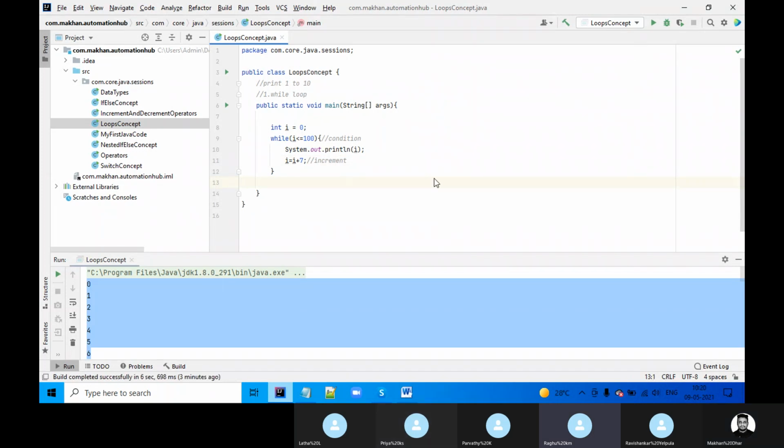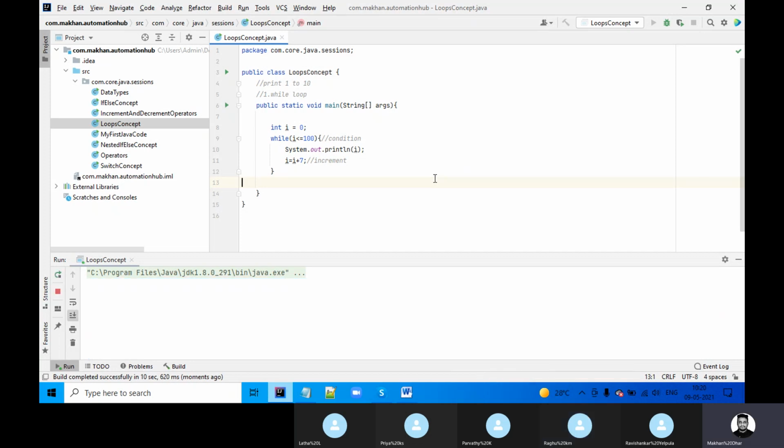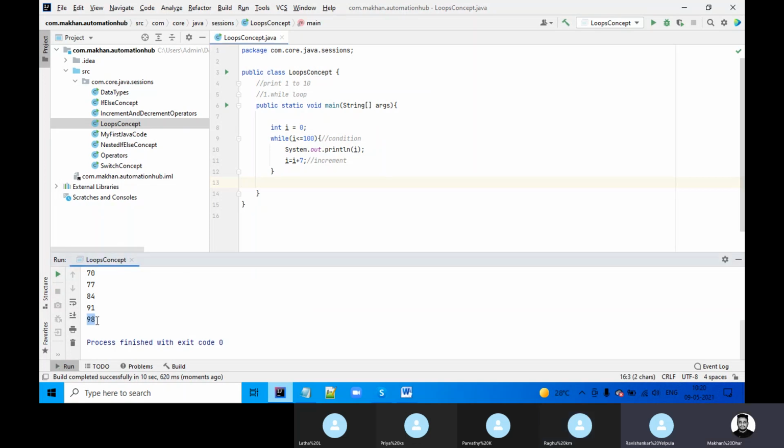So what I'm saying here, if you add 7, it's not a round figure with 100. So where will it stop? Will it stop at 93, 94 like that, or will it go on? I'm asking. Let me check in that way also. I didn't try in that way. Raghu says it will stop at 98. Not go to 100.